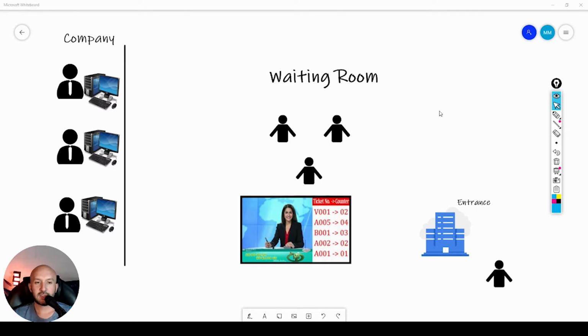Okay, so I got a couple more images to add into our model because now we are going to focus on the software and not on the business, right? This is what we are trying to build, and it will be very similar to this because they want to have a big portion of the screen for announcements and advertisement and so on. So we will have just a portion of the screen in which we can show the number, and then this counter will be the corresponding box in which this number is being taken care of.